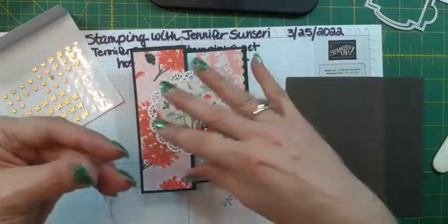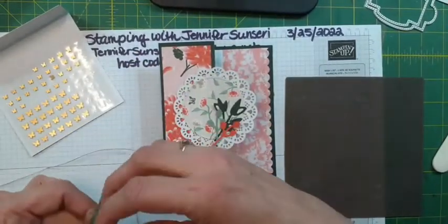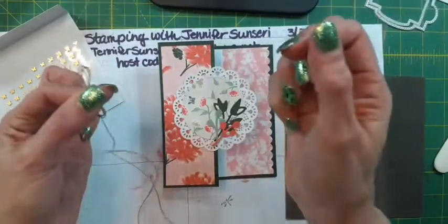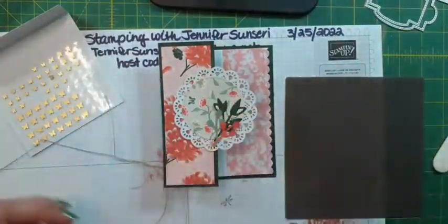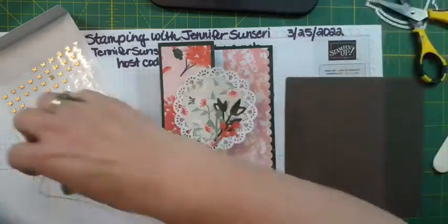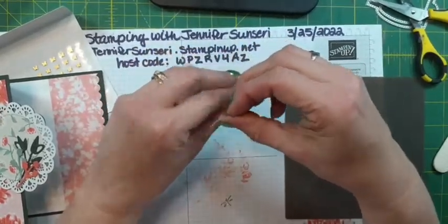All right, now when I use my thread, I wrap it around my fingers a few times because I don't like wimpy bows. I like it to show up. All right, so I've done about 3 loops, and I'm just going to hold it with my fingers, and then I snip, and then I cut another piece, and I use that. I'm still holding. Let me move this out of the way so you can see I'm still holding it, but I just kind of use my other fingers to help me